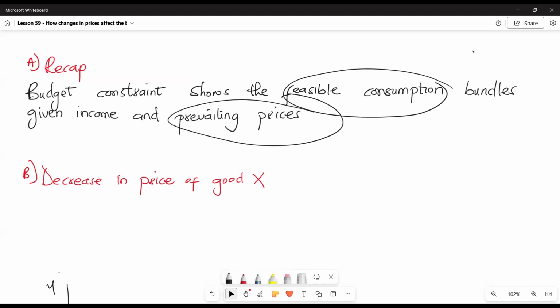Now we have seen in our last lesson that income changes alone cause a parallel shift of the budget line without a change in the slope. If income increases, the budget constraint shifts parallel to the right, and if income decreases, the budget constraint shifts parallel to the left. Let's move on to a change in price, first starting with a decrease in the price of